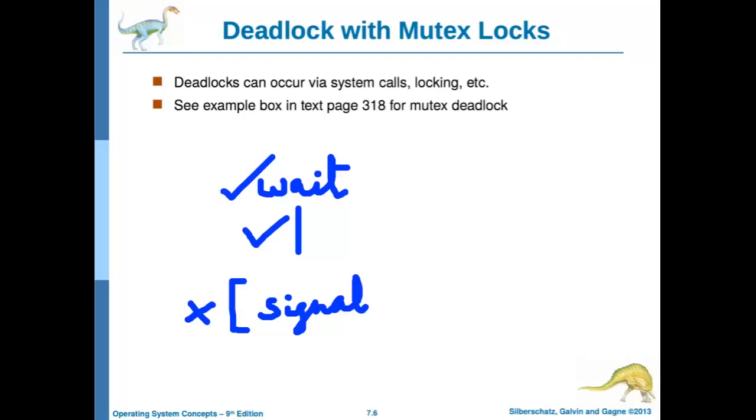Graph G is written something like this: G is equal to set of V comma E, where V is the set of vertices, and E is the set of edges. Now, in the resource allocation graph, a set of vertices V